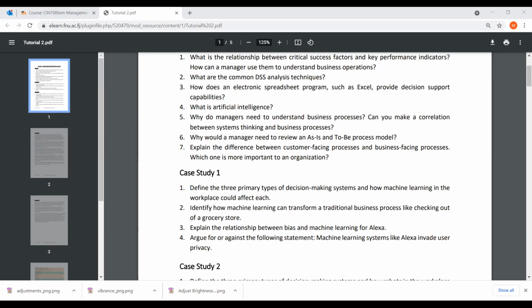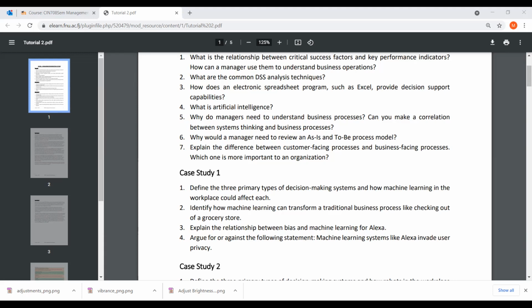Now, where are these examples coming from? If you go around reading a few things on technology, these things are already active in most places in the world, and you'll be quite surprised that some of the companies in Fiji even use this. So it's there already in many businesses.